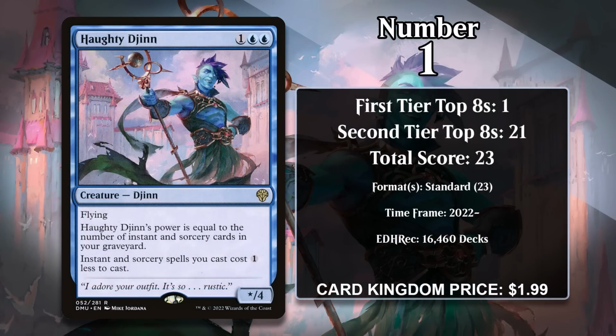And at number 1, it's Hotti Jinn. For 1 generic and 2 blue, it's a star/4 with flying, and its power is equal to the number of instants and sorceries in your graveyard. It also decreases the cost of your instants and sorceries by 1 generic mana, making it even easier for you to cast those types of spells, which in turn also makes it easier for you to make Hotti Jinn's power really high. Since being printed in 2022, this Jinn has been an important card in Standard, where it's been powering